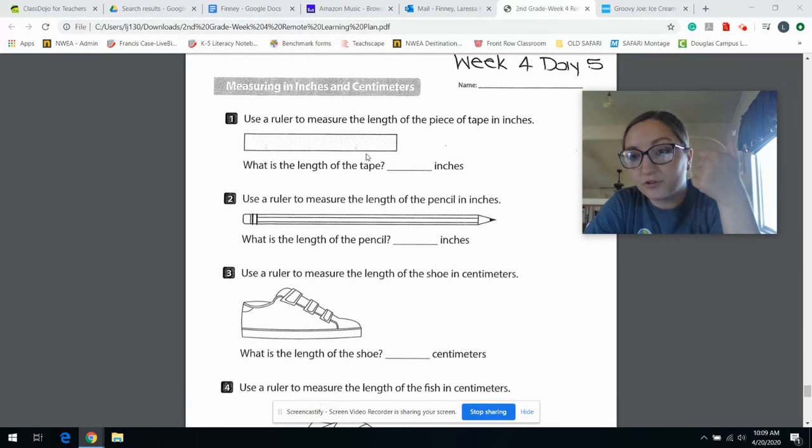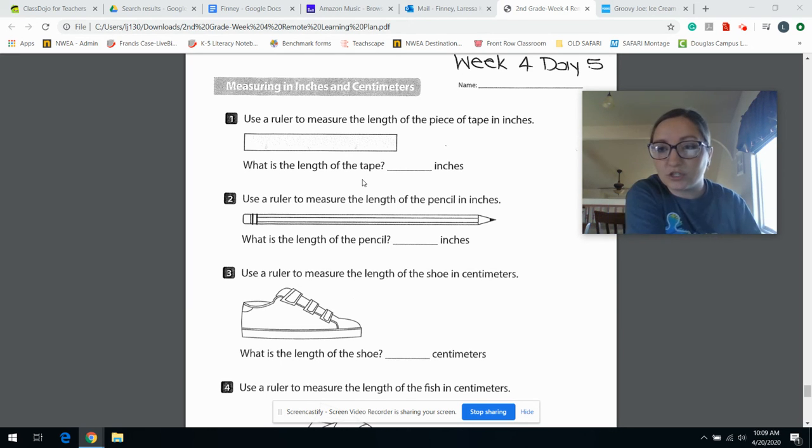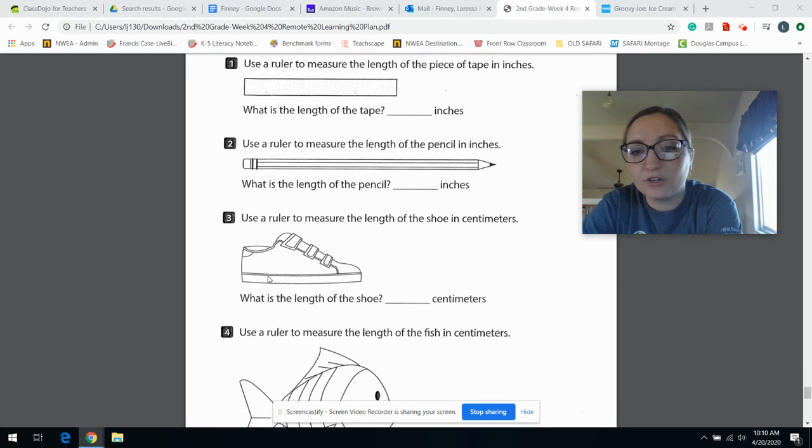If you do have a ruler, that's perfect. Go ahead and use that. If you don't, use things in your household. You can use a tape measure. You could measure with a pencil, seeing how many pencils long the object is, or even small things like a dice. Make sure that you just use what you have in your household. We know that you don't have all of these materials, but just go ahead and try your best. So like I said, make sure that you are just measuring